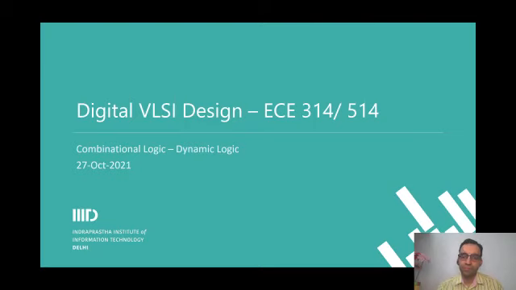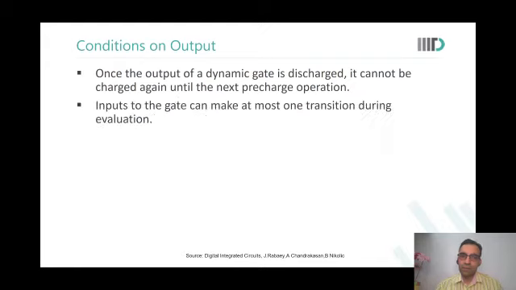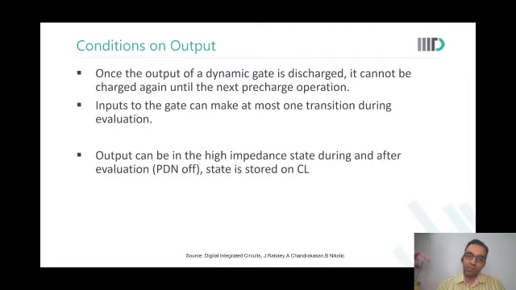What else? As we are supposed to charge and discharge this, the power consumption is high, sir. Activity factor is very high. Yes, activity factor is very high because when you compare it with a static gate, even if the inputs have not toggled, a static gate would not consume any power, but a dynamic gate will always consume power. Because at the end of every evaluation phase, there is a pre-charge phase, and in that phase, whatever capacitances you had discharged would get pre-charged all over again.